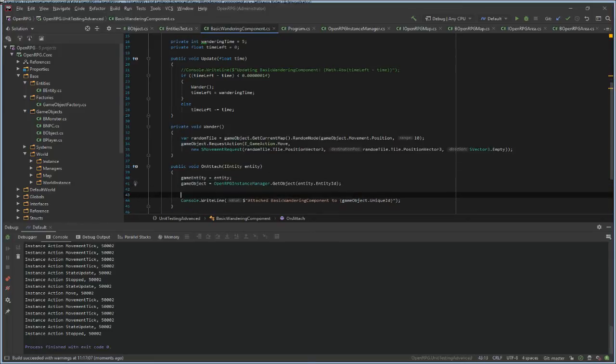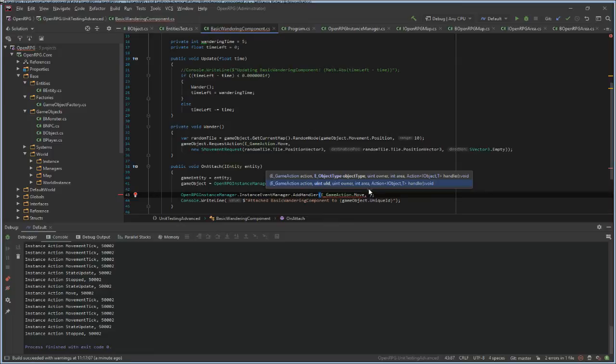Now I can do a lot of amazing things with this instance event manager add handler. So I can listen to game actions. I can add handlers for game actions.